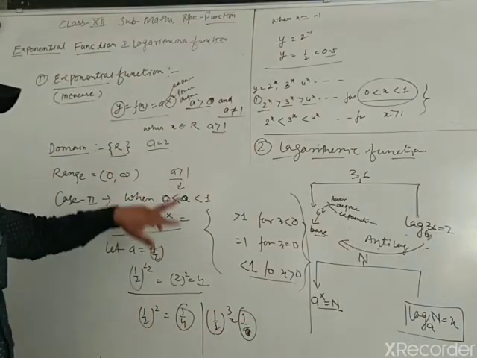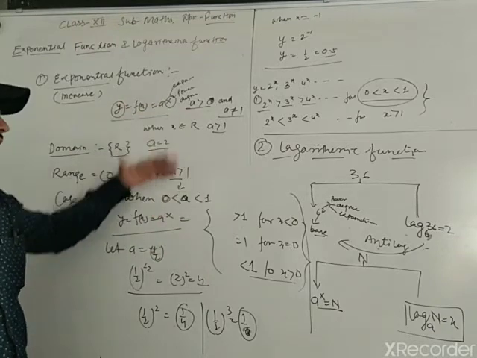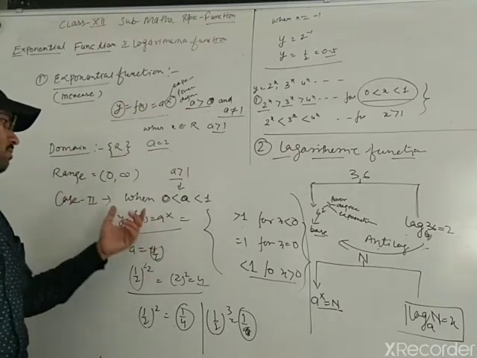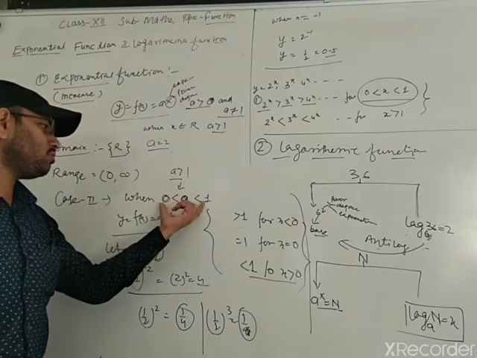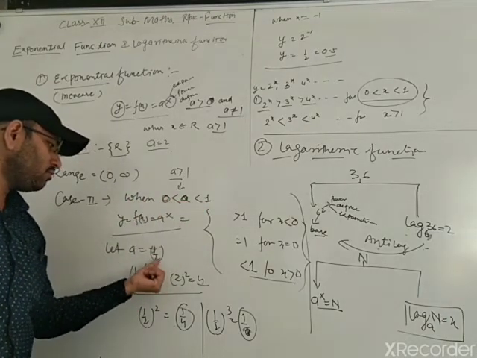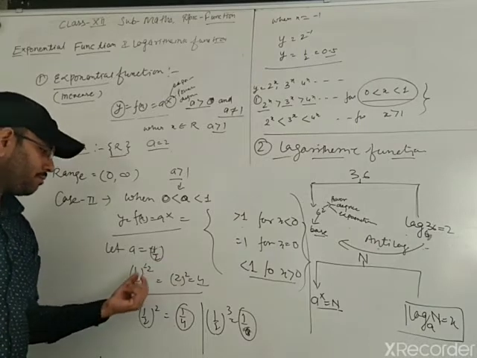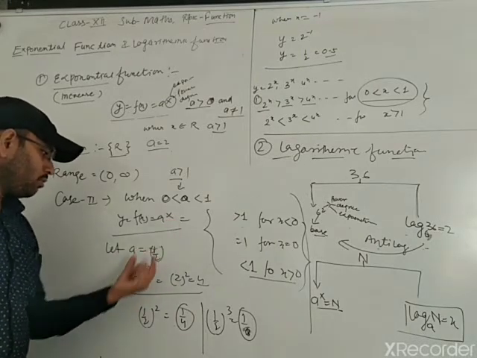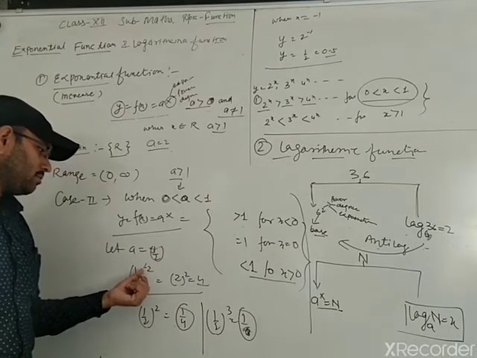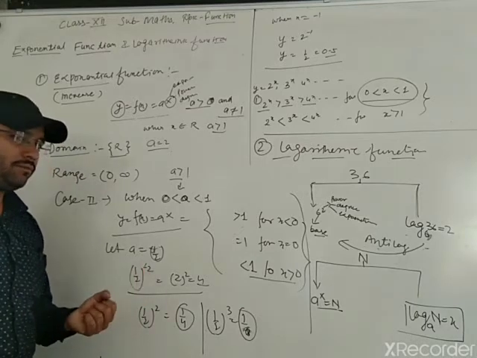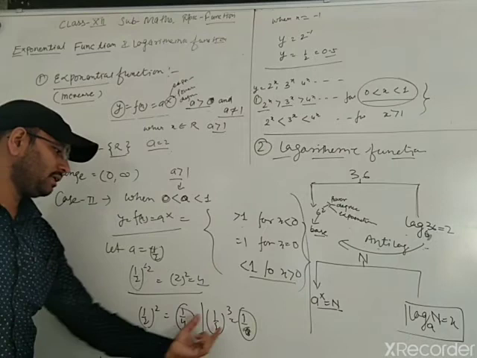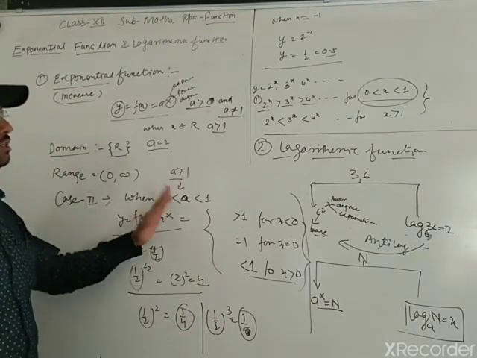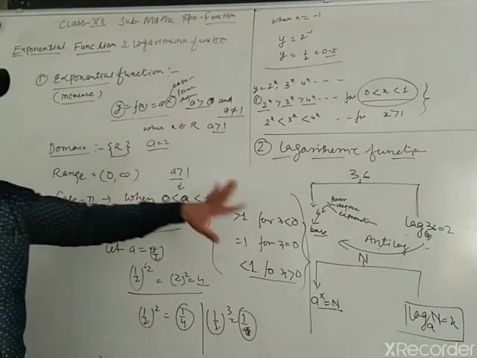We have two different cases. When a is greater than 1, we have discussed that. Now next, when a is between 0 and 1, I am selecting one value, 1 upon 2. Clear? So 1 upon 2 I select. Here I am selecting first negative exponents, and we get 2 to the power 4, and second we are selecting 0, that is 1. Clear? So this is your exponential function and logarithm function.